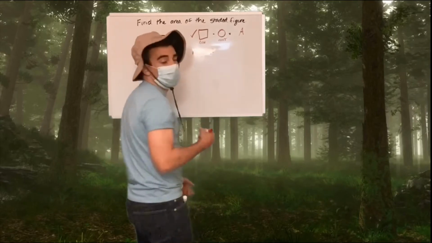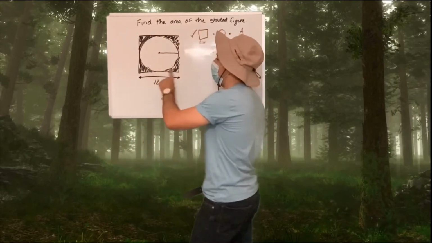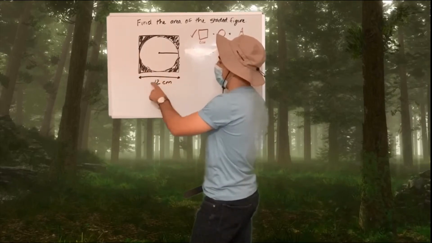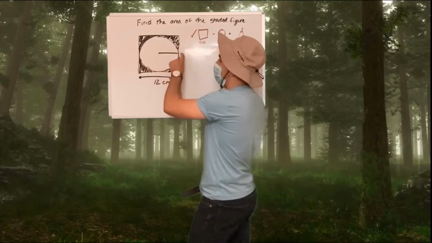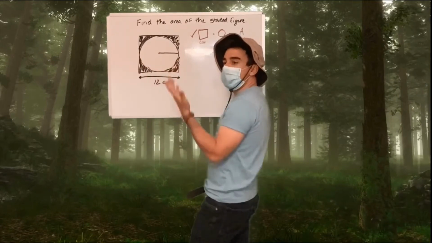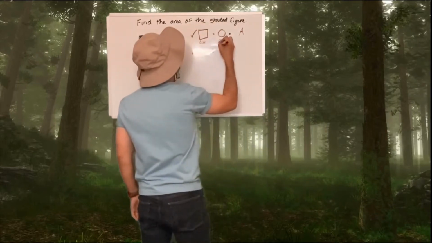Now I need to figure out the area of the circle. Now remember, a square is a perfect shape. So that means right across here is 12 centimeters, the length. That means this diameter is also 12 centimeters. If our diameter is 12 centimeters, what's our radius? Good, 6. So it's 6 times